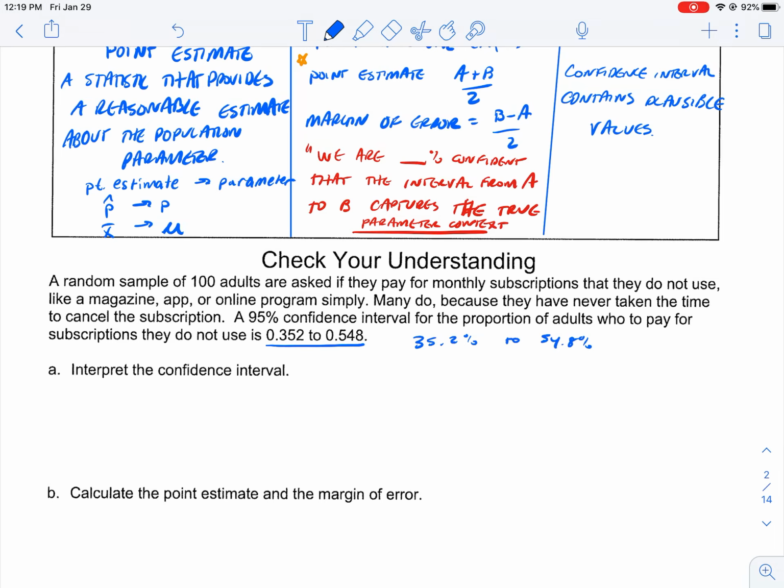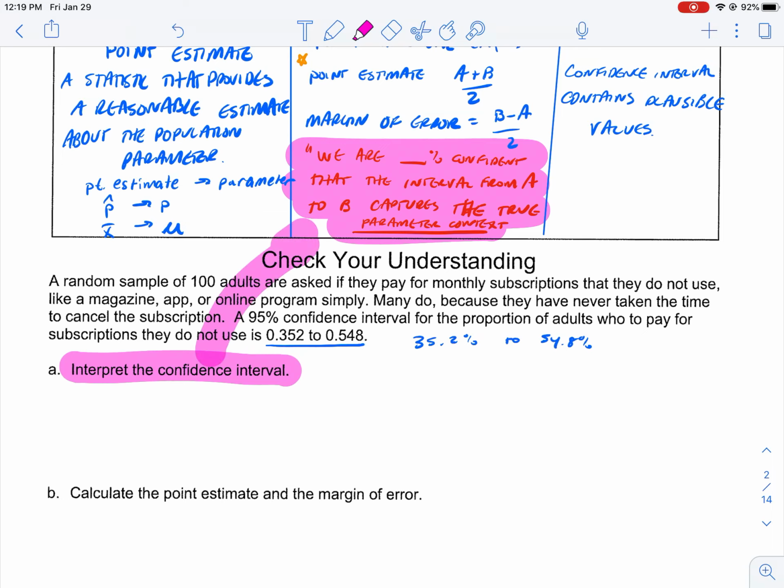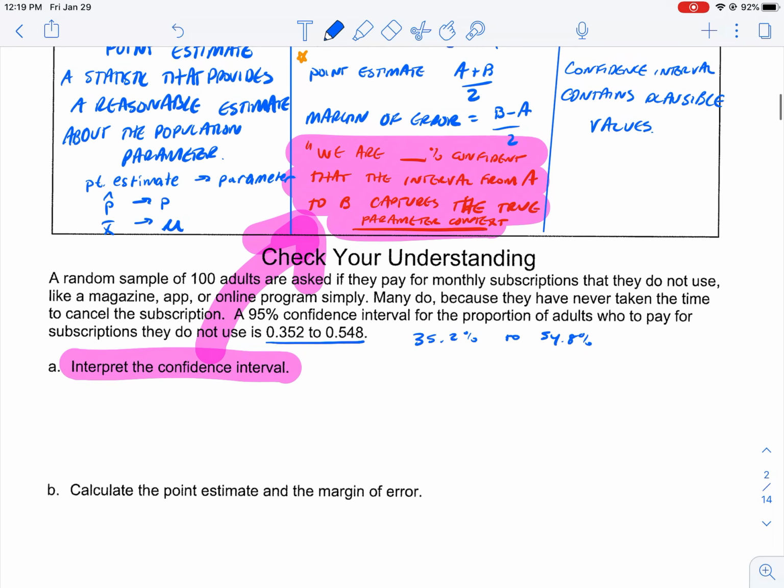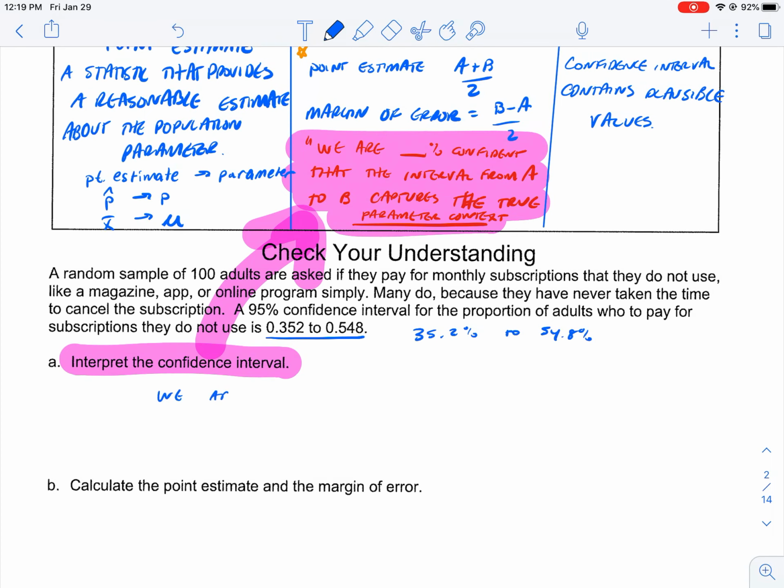So we want to interpret the confidence interval. Well, interpretation of a confidence interval, that's this right here. Let's interpret this. We are 95% confident that the interval from 0.352 to 0.548